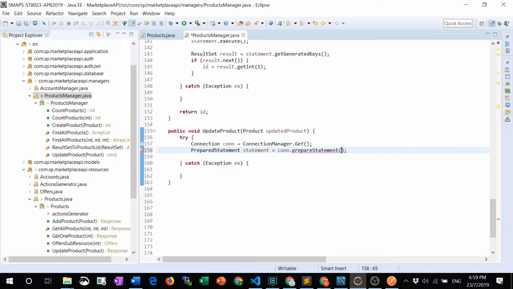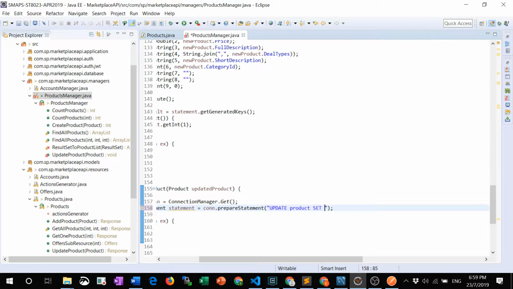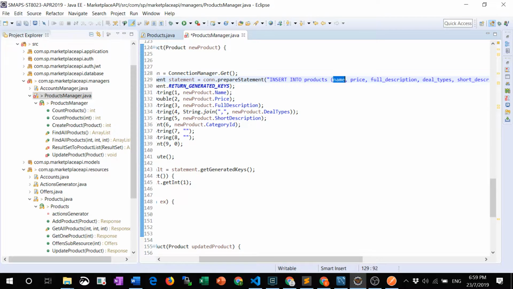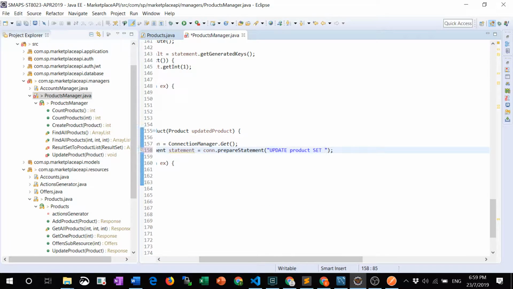The key thing is what is in the SQL statement, right? So you have to recall that in SQL, to update data in the database on the table, you have to use the command update, and then you specify the name of the table, right? And then you have to say what you are going to set, right? So this part is tedious because you have to actually specify every column that you must set first. So it's a little bit difficult to dynamically decide what columns to set, right? I think the issue here is also